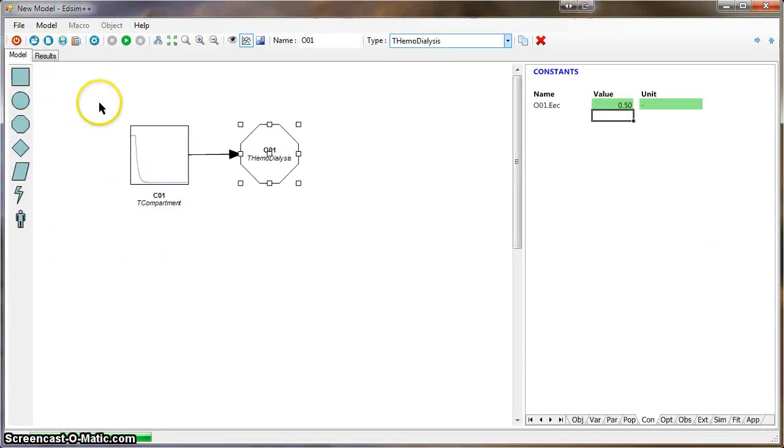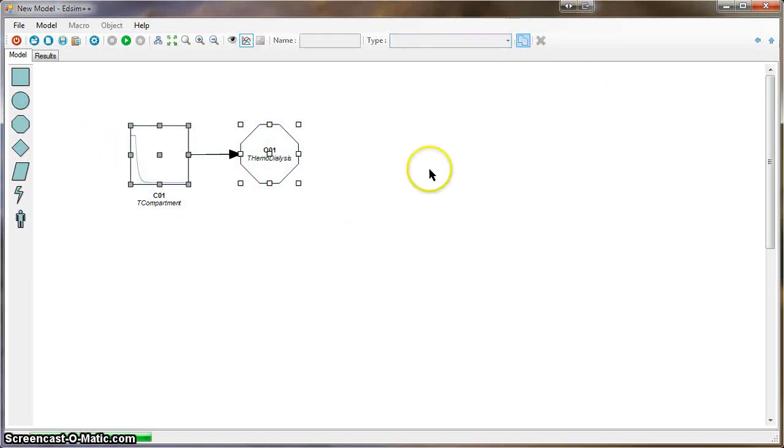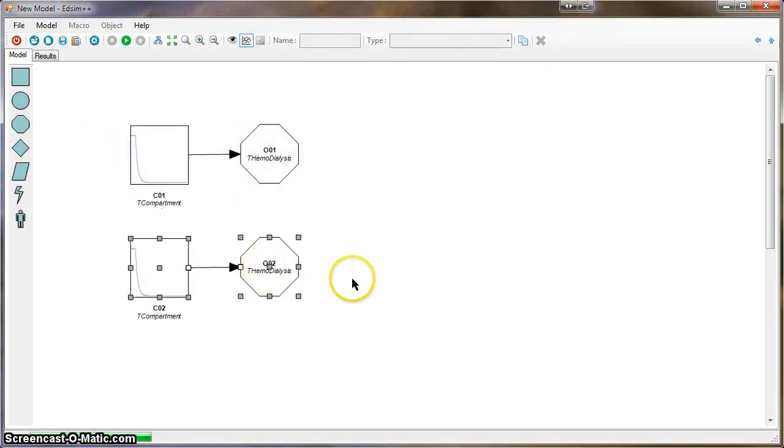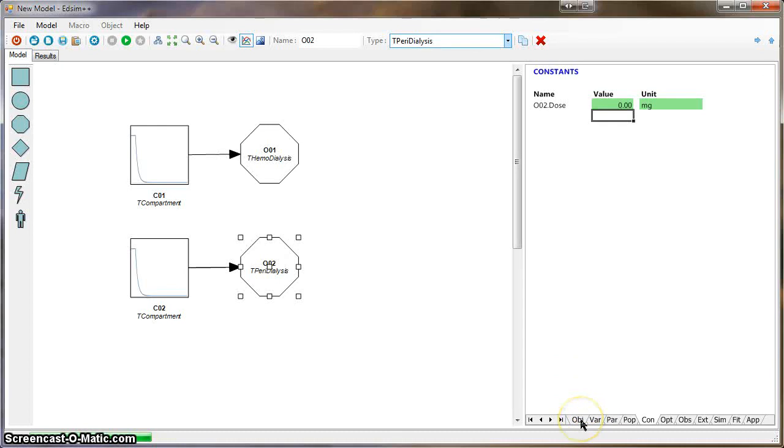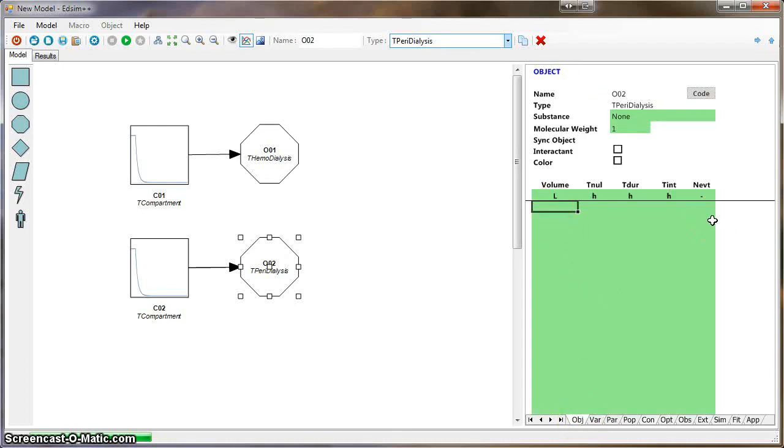Okay, now let's duplicate this model. And we will change this to a peritoneal dialysis. Let's look at the schedule. So I look here. You see that I can here enter a volume. It's in fact bag volume. And so I will enter here 1 for a duration of 24 hours. It's not effective, of course, but just a long duration. Okay. Now, if I simulate this,